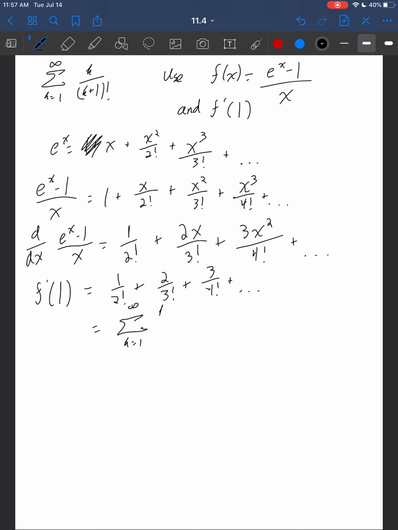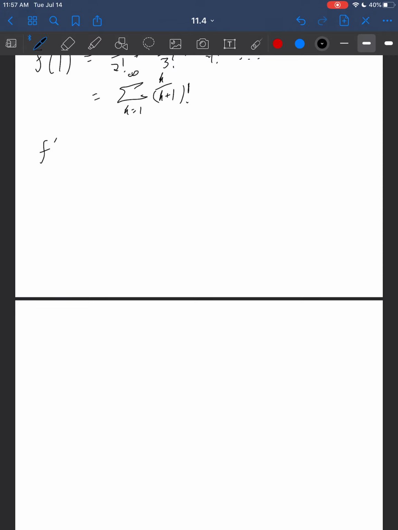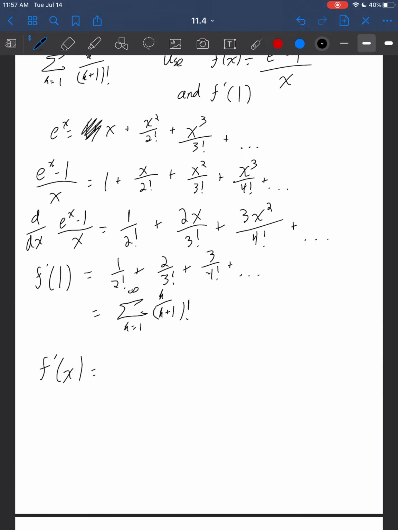The sum from k equals 1 to infinity of k over (k plus 1) factorial. But I can figure out what f prime of 1 is by just taking a derivative as normal of this (e to the x minus 1) over x. Right, so not in terms of Taylor series, but in terms of our function, f prime of x is going to be equal to